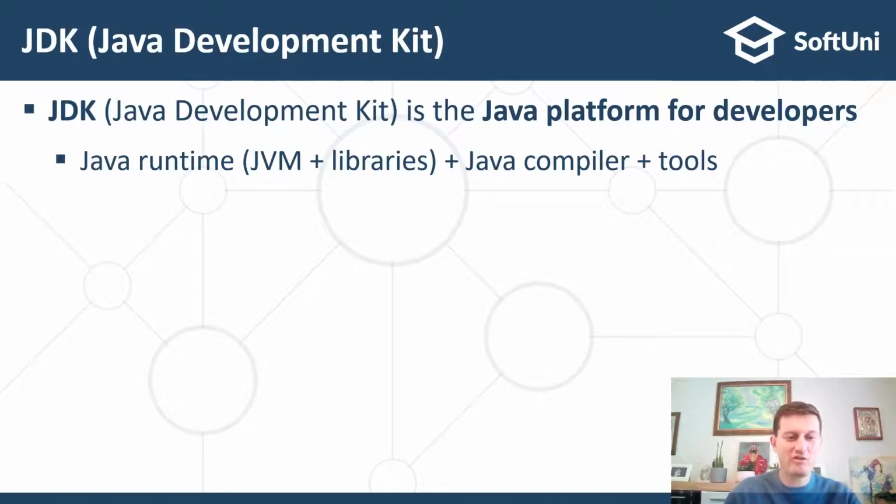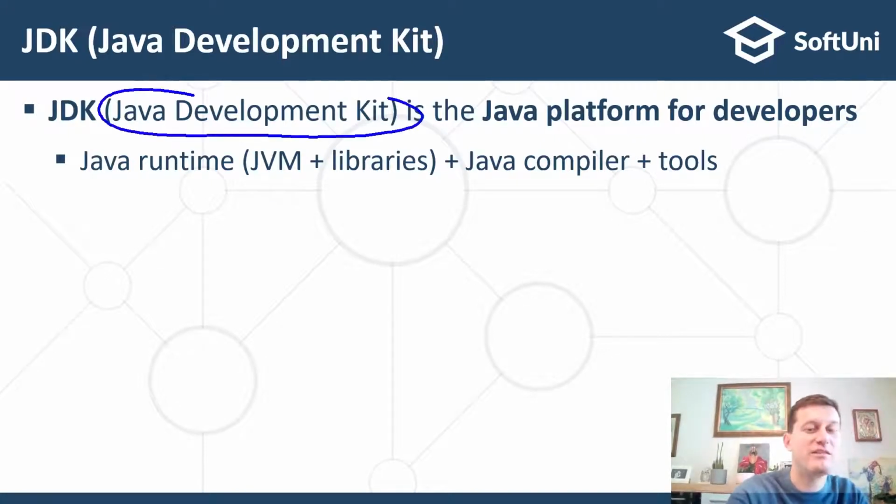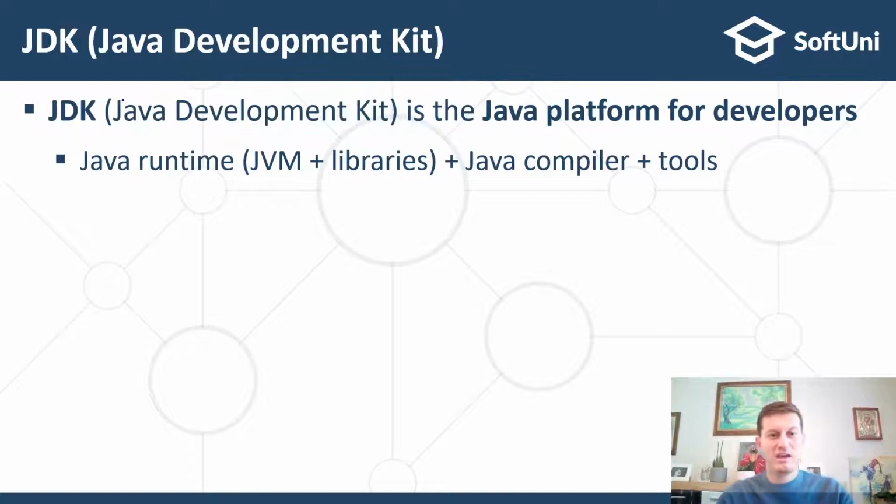JDK is short for Java Development Kit. It is a kit used by Java developers, which holds the Java platform with all the tools that developers need in order to write, run, compile, debug programs. It consists of the Java runtime, the so-called Java Virtual Machine, JVM, and the Java libraries,